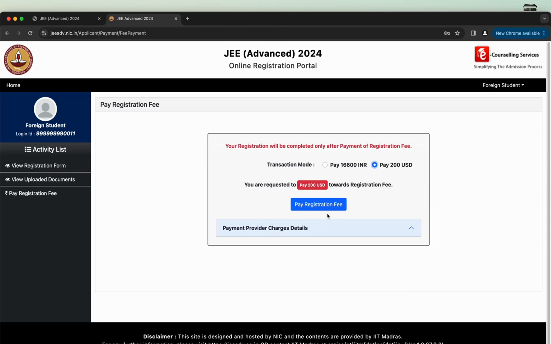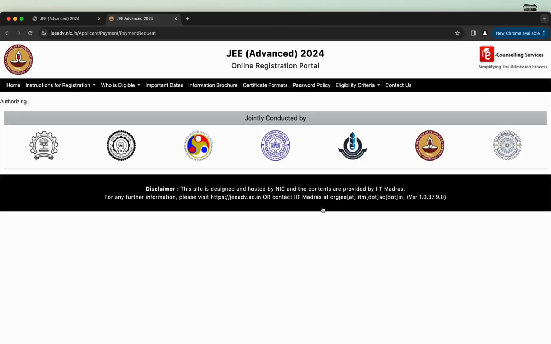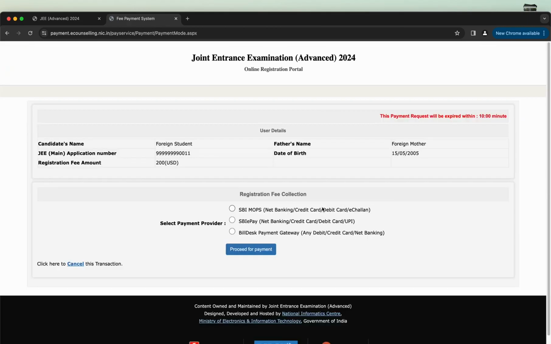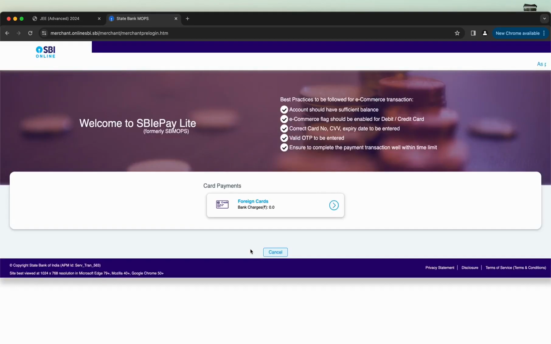After clicking the Pay Registration Fee, for example, select Pay $200, the online fee transaction page appears on the screen. Please select one of the payment gateways shown on the screen for making the payment, and then click on the Proceed for Payment button.